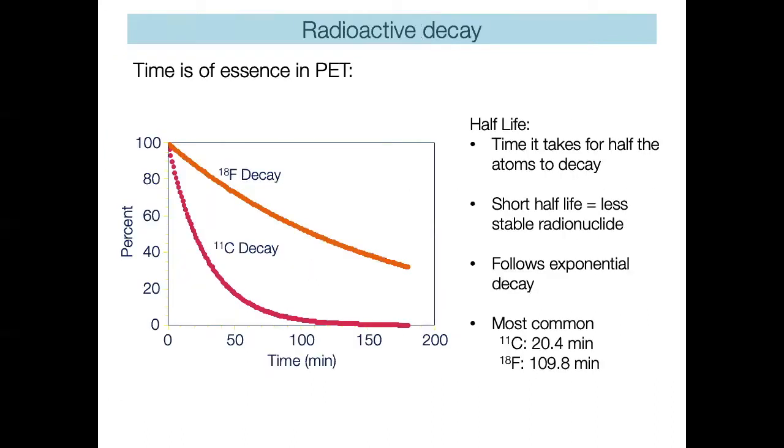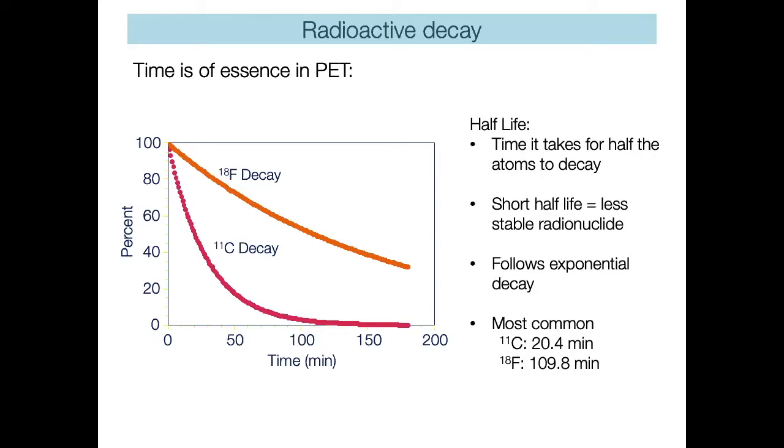And I've already talked about the fact that time is really essential in PET. But this is how a typical radioactive decay curve can look like. And this is for the example of an isotope F18 or C11. And when I talk about a half-life of an isotope, this really means that it's the time it takes for half of the atoms in your sample to decay. So if you start out with, really what that means is that effectively a short half-life means that you have a less stable radionuclide, and this